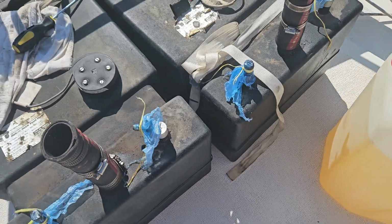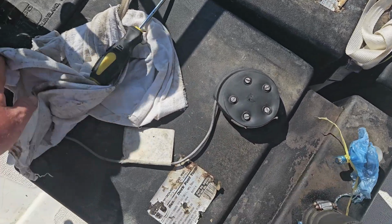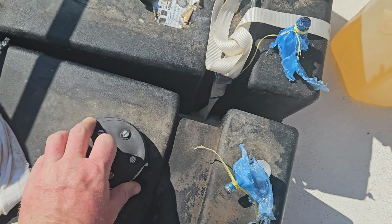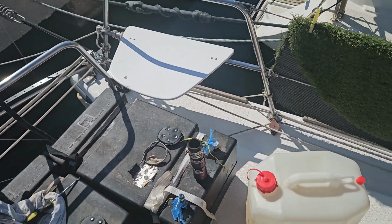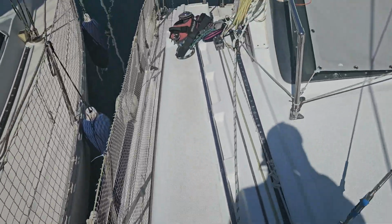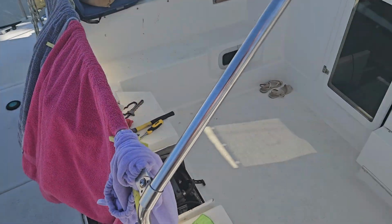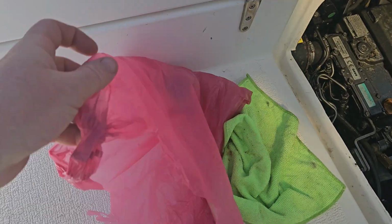Then I need to try find out what the story is with the fuel gauges. I'm not too sure, so I don't know if these are ultrasonic or if they're the typical olden float style. I don't know. So currently I need to run to the chandlery to replace this fuel filter